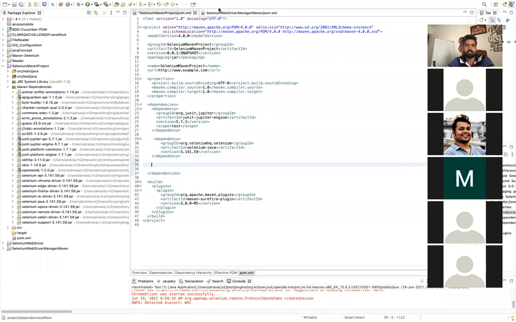Okay, fine. So you can see once I put this dependency here, Maven automatically downloaded all the dependencies for you on the left side. What is the second thing? We require TestNG as well, right? For TestNG also you have to do the same thing. We'll see TestNG later. As of now, my aim is to launch the Chrome browser in Selenium. That is the first aim of anyone.